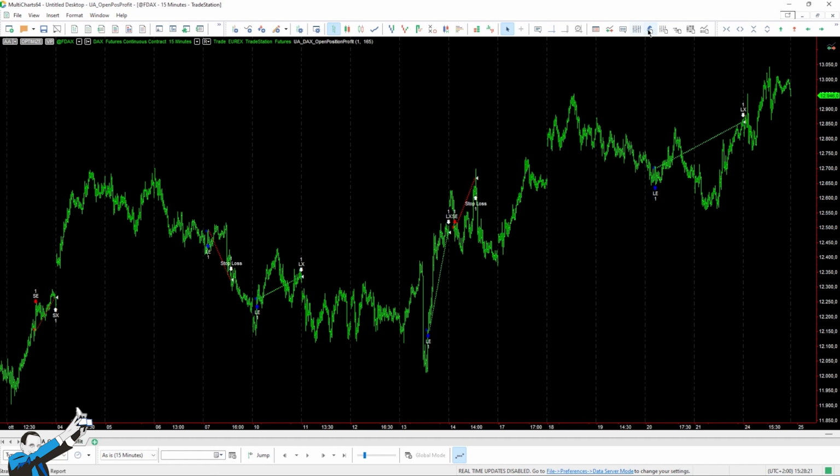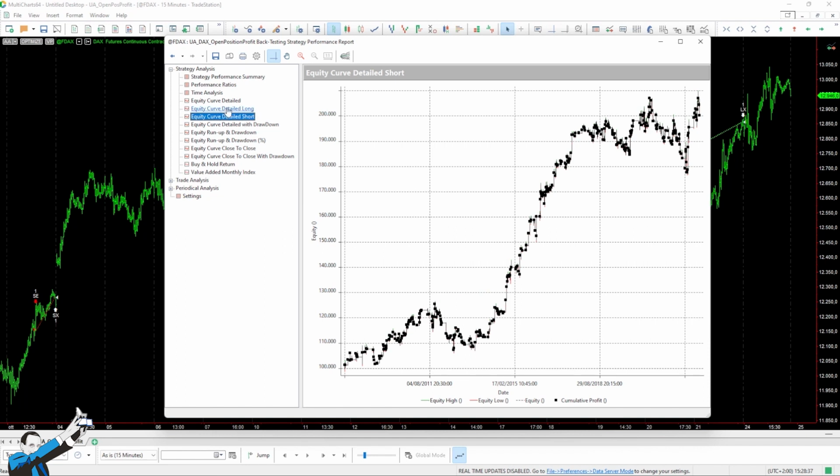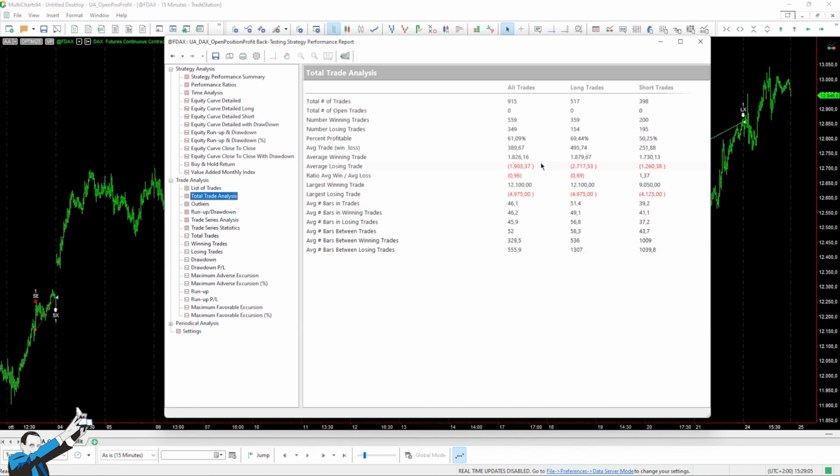Let's have a look at the results of the strategy, which are as follows. Now, the strategy was codified in 2017, about this point here. As you can see, it has experienced its moments of ups and downs, but we can certainly say that it did pretty well overall. Both the equity line short and even more the equity line long show some very interesting performances. So the open position profit has definitely proven to be an excellent ally of systematic traders. Let's also take a look at the average trade that this strategy produces. As you can see, the overall total average trade is 389 euros.